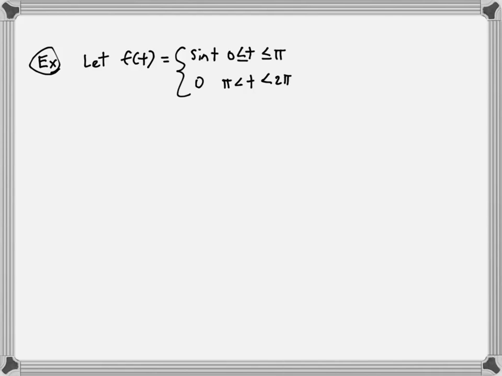And then we're also going to say that f of t plus 2 pi is equal to f of t for all t. So what does this look like? This is a periodic function, okay? But in particular, what's happening, we're using sine from 0 to pi, but then we use 0. So if I was to use